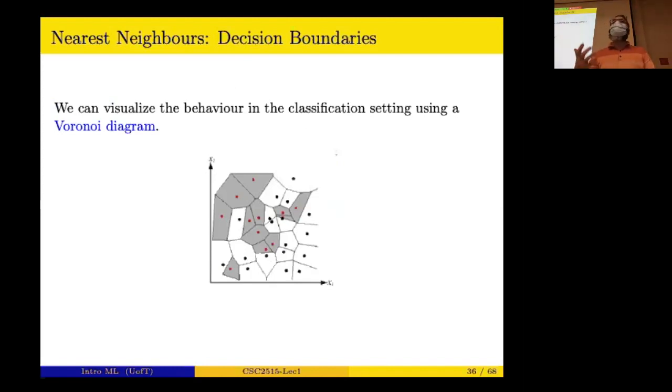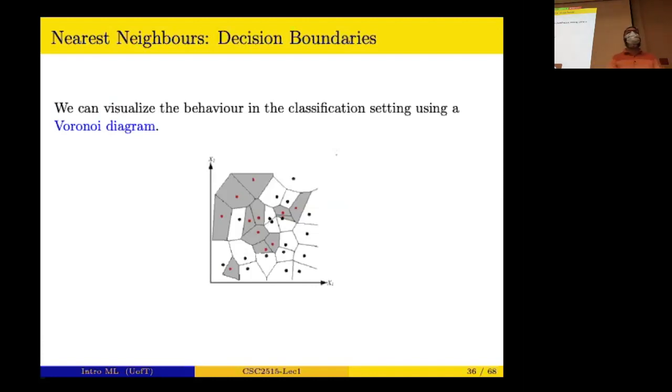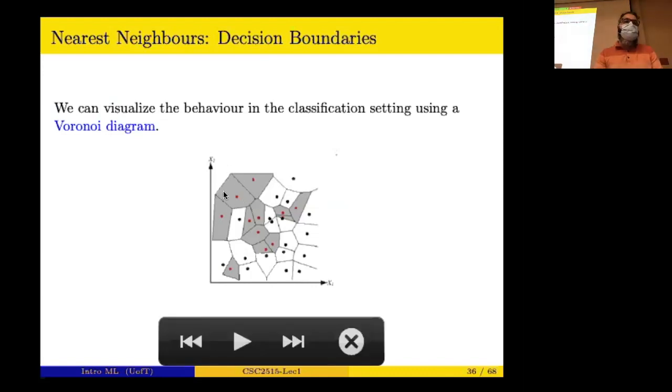There is a kind of algorithm that we can compute it. This diagram is called a Voronoi diagram. There's an algorithm to compute this Voronoi diagram, but it doesn't matter how it works or how we compute it. The concept is that the points in these cells are the points that are closest to this red point, and for each of them, the same.